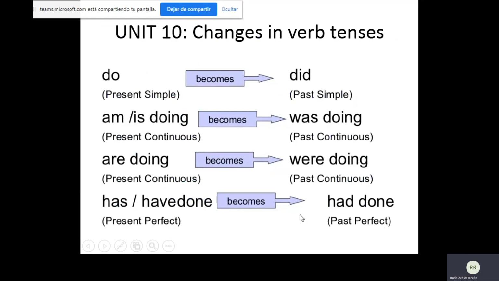Okay, now in the case of tenses, for example, we have the past simple, which for the reported speech derives from the present simple, okay? Here we have the present continuous in these two examples, and how we change them into past continuous. Present continuous changes in the reported speech to past continuous, like was doing or were doing. And if we are using the present perfect in the direct speech, when we report, we make the report in the past perfect. So this idea, as a conclusion, is that we move one tense back in order to report.